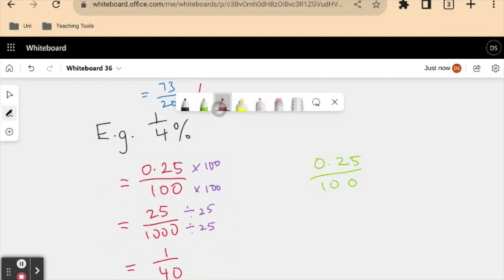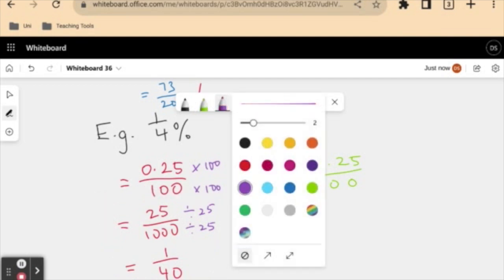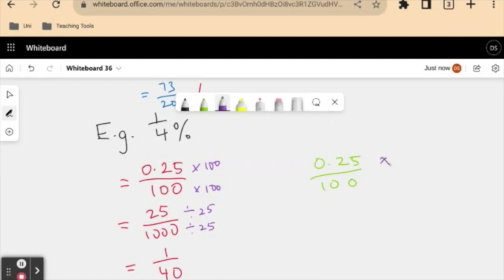So I can say that I can multiply 0.25 by 4 to get an equivalent fraction. And that will give me 1 over